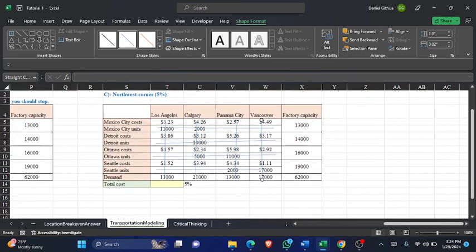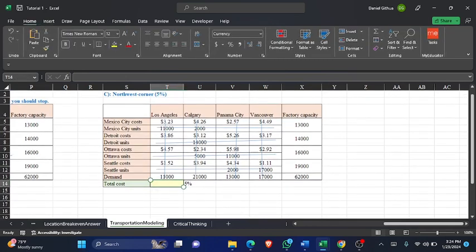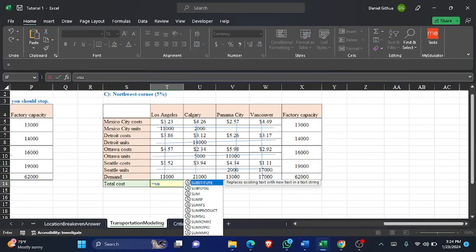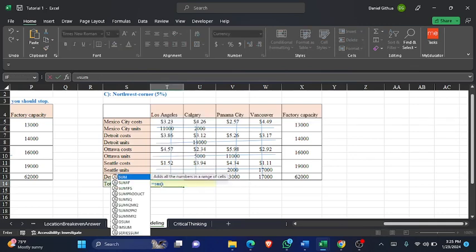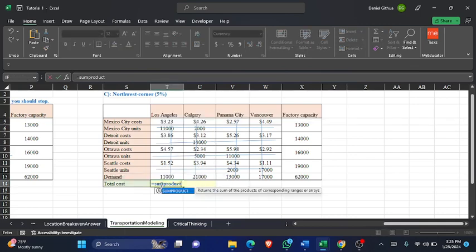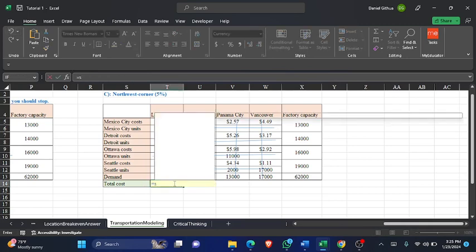Now the next step is to find the total cost, which is given by, as we have done in the beginning of the video, sum product of these costs and its units, which are the whole of this. Why is this making an error every time? I think it's because of the video. Okay, it's equals to sum product